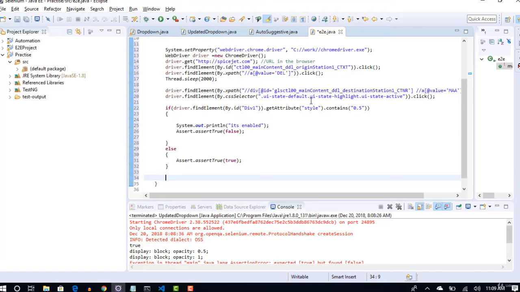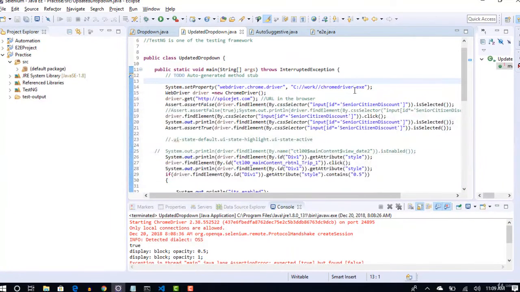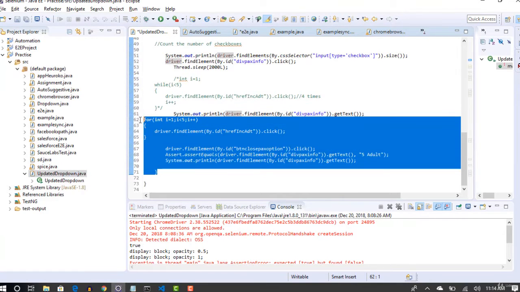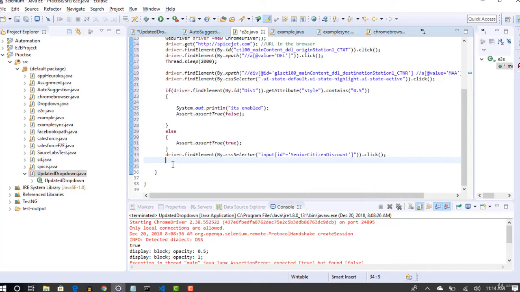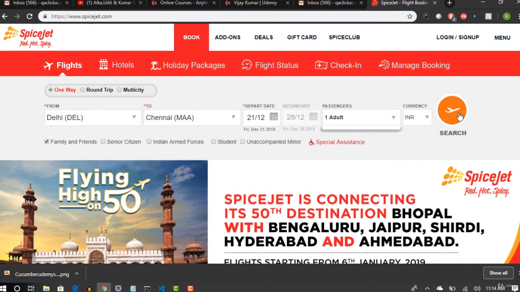disabled. And now for passengers also, I think you have a code. Let me get that for you. Okay, or you can click this senior citizen checkbox also, as we thought that we shall include one checkbox. Okay, so now let me take it from here. Okay, so else, and then we are adding code to handle the drop down. Alright, so that's it, and finally we need to click on the search button.